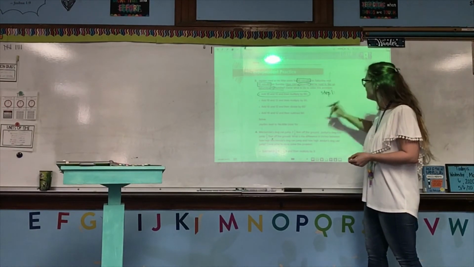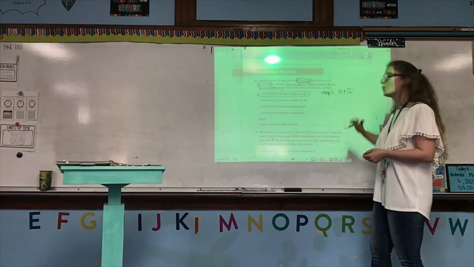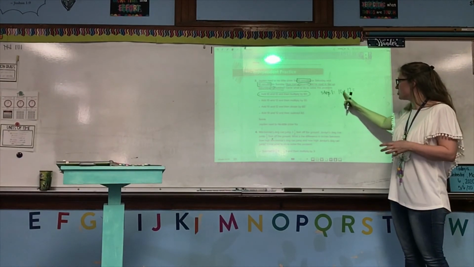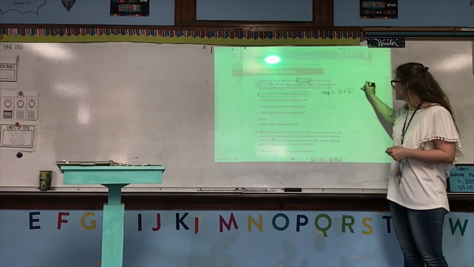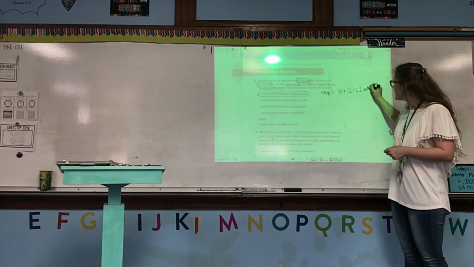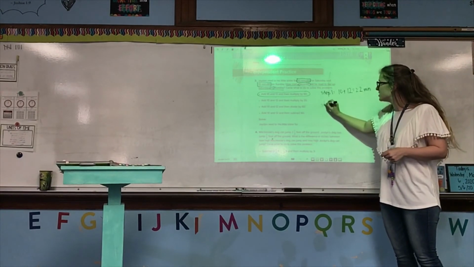Step 1 is to add 10 minutes and 12 minutes. Well, we can easily do that by just going from place to place. 0 plus 2 is 2. 1 plus 1 is 2. So that means in all he read for 22 minutes. Step 2